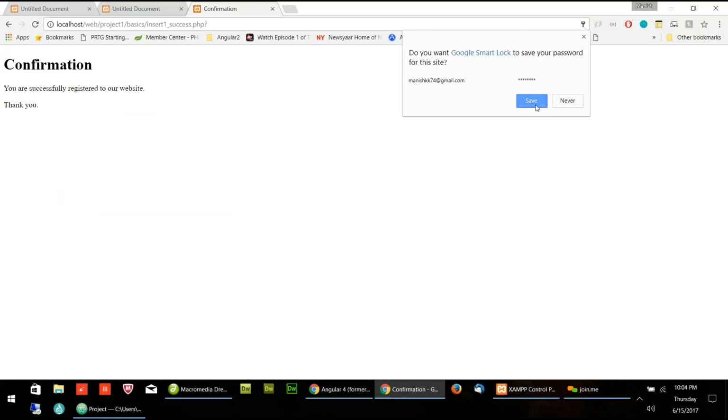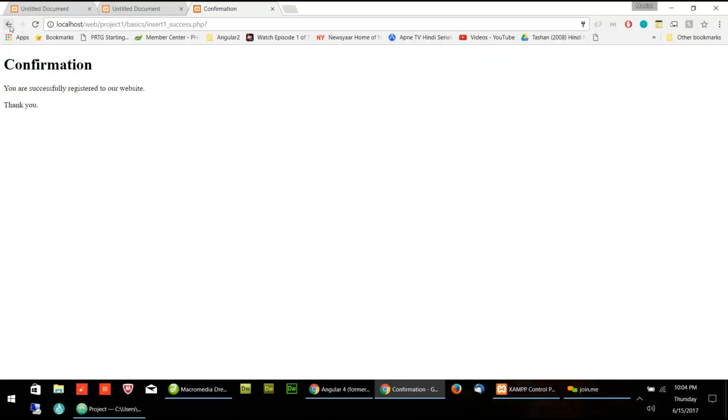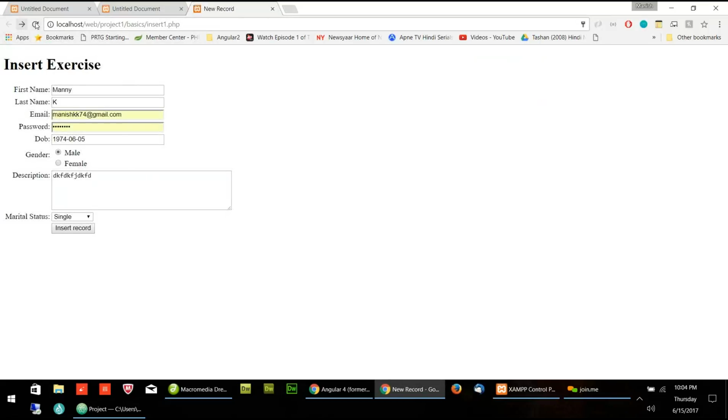If it's a big website like Yahoo or Google, then you can put your real password. But if your friend says or I say anything, don't put it because we are making it, right? So if we are making it, we don't put encryption on the password because we are not putting it on a live website.